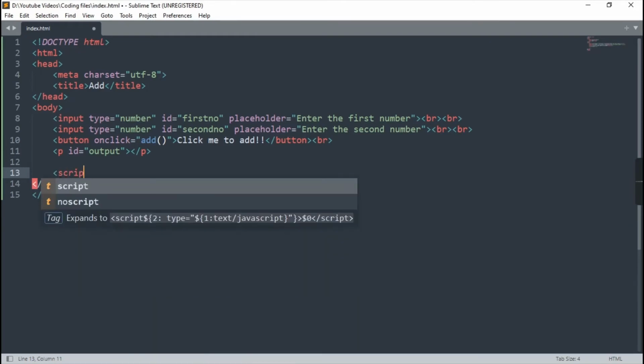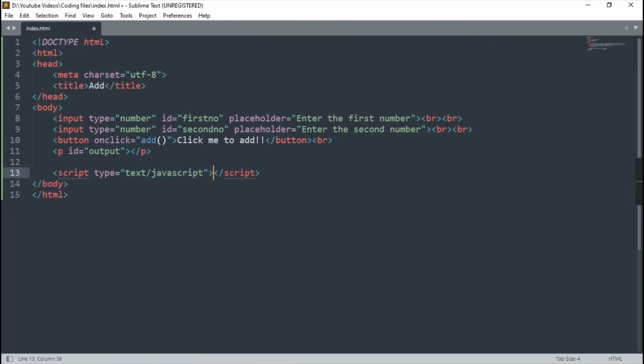Now we will start with JavaScript. So script tag, you can do it over here only, or you can make a new script file, your wish, but I'm doing it here only. Okay, so now we have to make the function. See, over here in the button we gave the add function. This same function we have to write in the JavaScript. So that's why I told you to remember it. If it is add, then over here also it should be add. Anything you give, it should be the same on both sides.